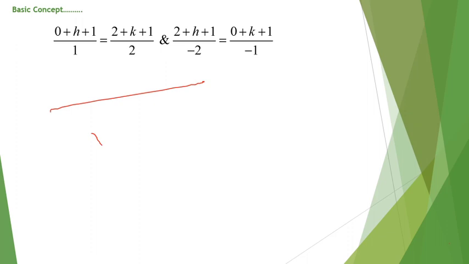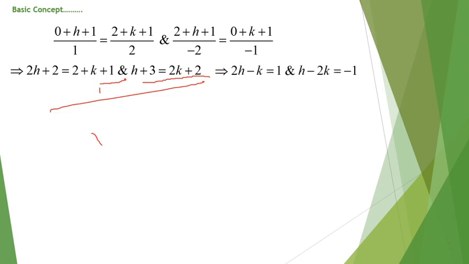So we can rewrite them as 2h plus 2 is equal to 2 plus k plus 1 and h plus 3 is equal to 2k plus 2. Or on simplifying, we can rewrite them as 2h minus k is equal to 1 and h minus 2k is equal to minus 1. See, these are the linear equations in two variables, and we know how to solve these